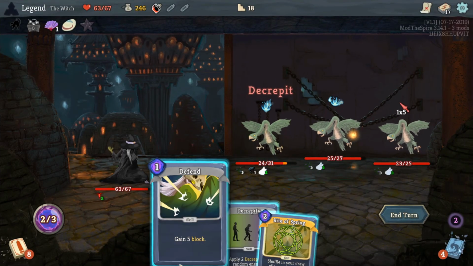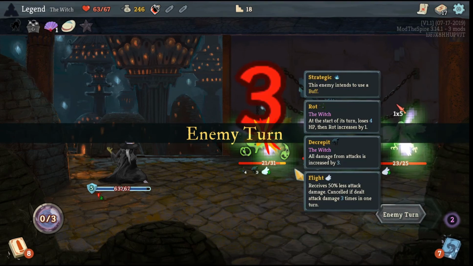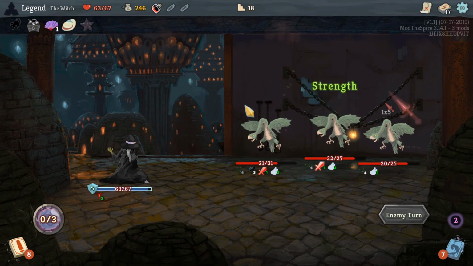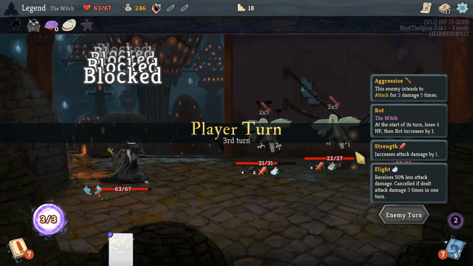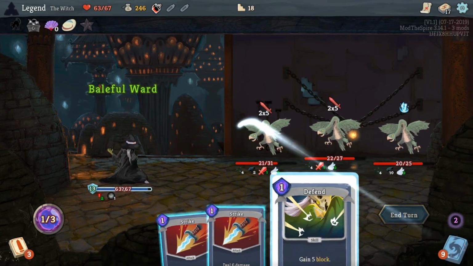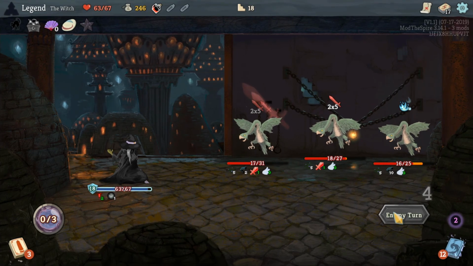Let's give him the Decrepit. Go ahead and grab a block, and then Decrepify that guy. This guy's going to die first. And all of you guys are just going to get absolutely wrecked by this. I'm going to take the block, because eventually I will be building up enough damage, so no matter what I do,